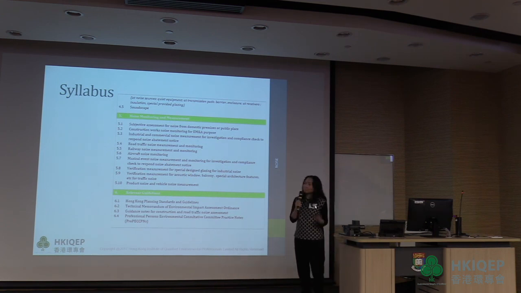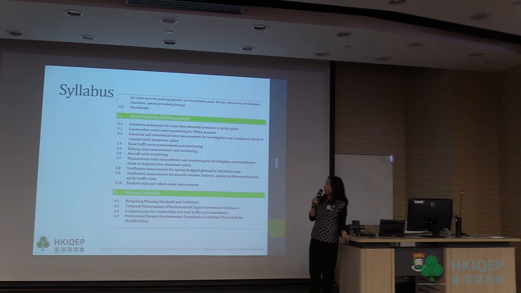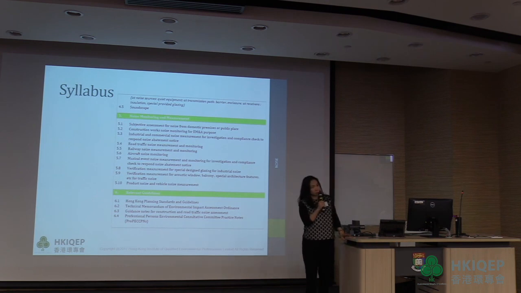It is also based on some of the requirements in the technical memorandum, as well as the Hong Kong Planning Standards and Guidelines. It covers road traffic noise measurement and monitoring, railway noise measurement and monitoring, and aircraft noise monitoring,